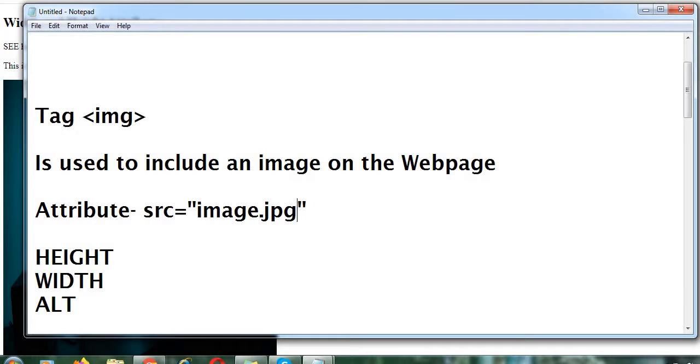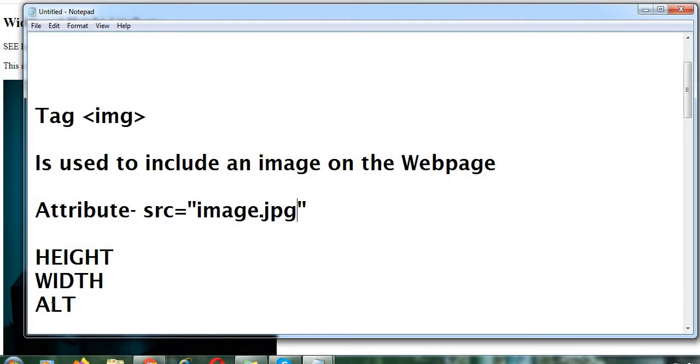Except for it, the image tag has three more main attributes. The first one is height and the second one is width. Height and width come in a pair, and they define the height and width of the image. The last one is the alt attribute, which will be mentioned in the code. I will show you the code as well.